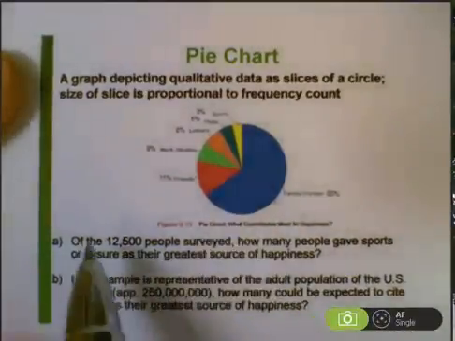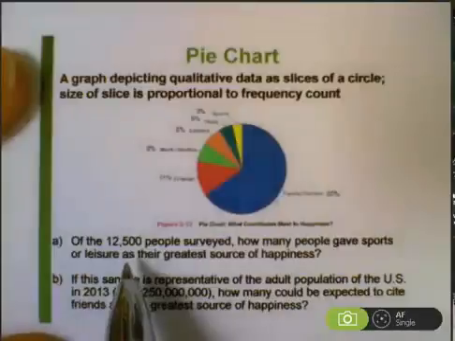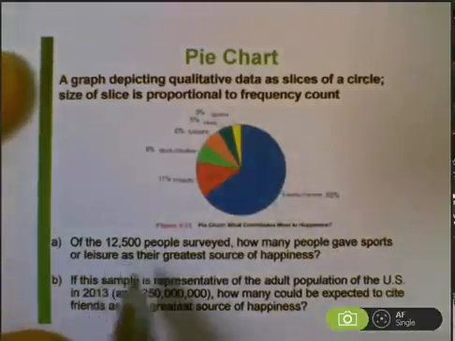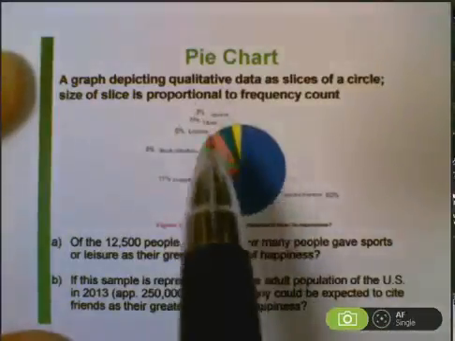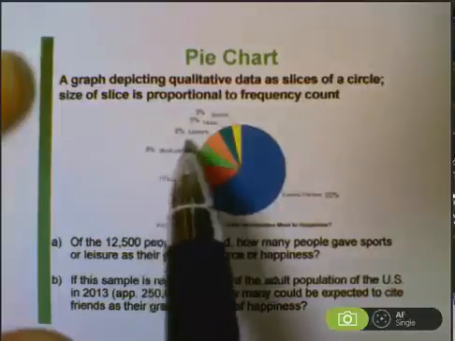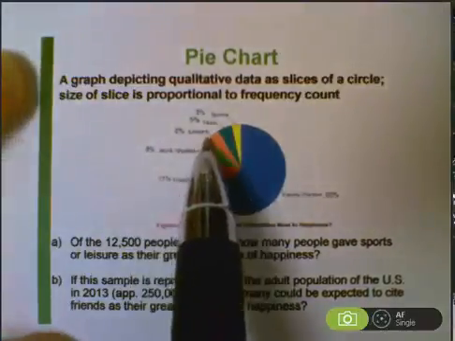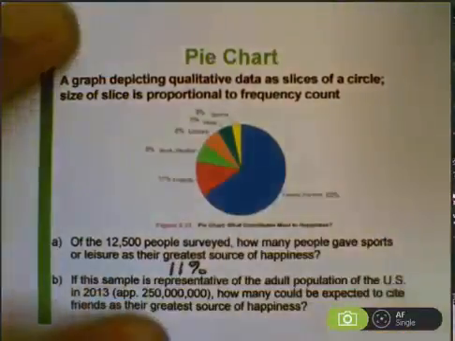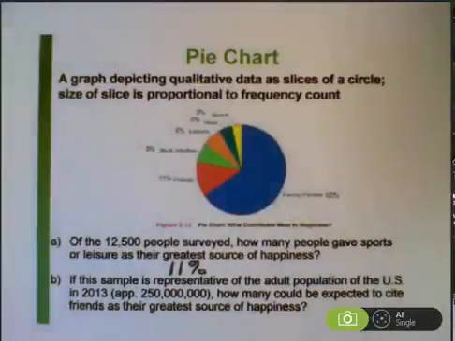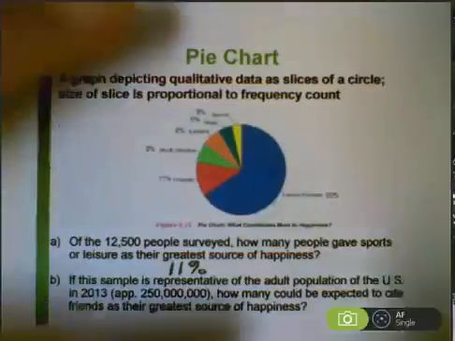They're similar to these. First, of the 12,500 people surveyed, how many people gave sports or leisure as their greatest source of happiness? Well, 3% of people said sports was their greatest source of happiness. That looks like 8% of people said leisure was their greatest source of happiness. So that's 11% total said either sports or leisure was their greatest source of happiness. But we weren't asked what percent, we were asked how many people gave sports or leisure as their greatest source of happiness. So we need to find 11% of